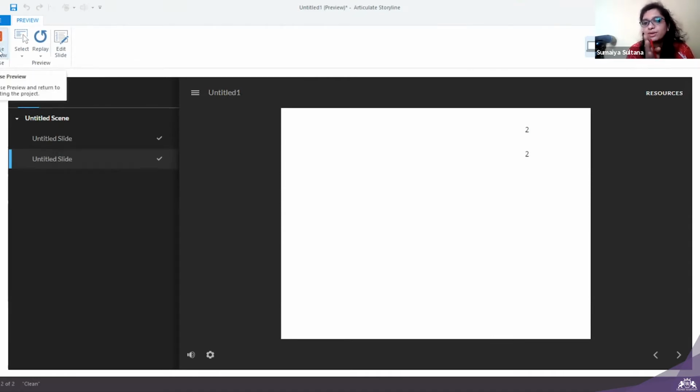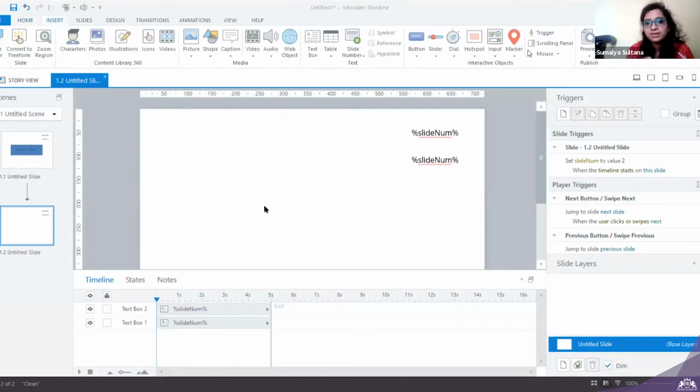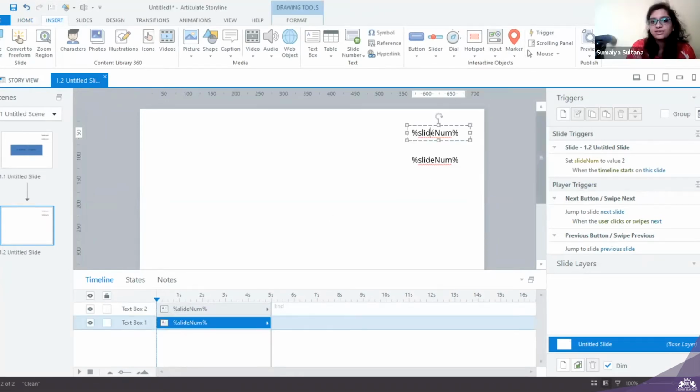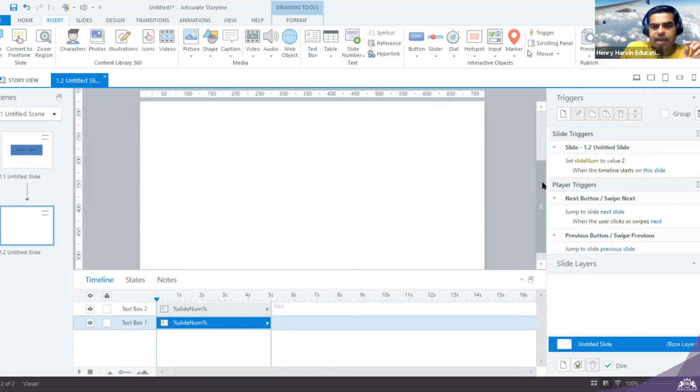So Bhavesh, now can we go to the slide and change the position of the slide number from top to bottom, is it possible, or again do we have to do it from the beginning? Sorry, from top to bottom position, it means I couldn't get that. No, yeah, so your slide number is on top. If I want the slide number on the bottom, I want to edit it. Yes, I can do it anytime.